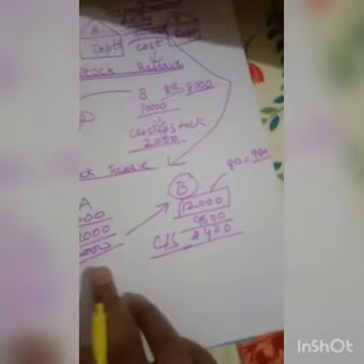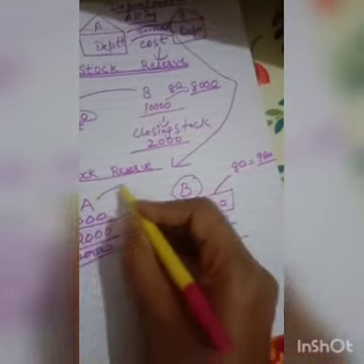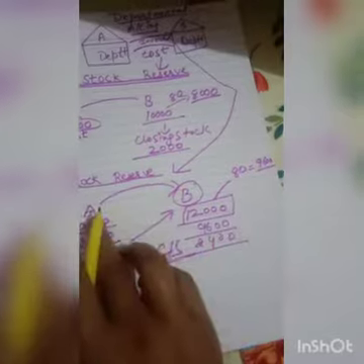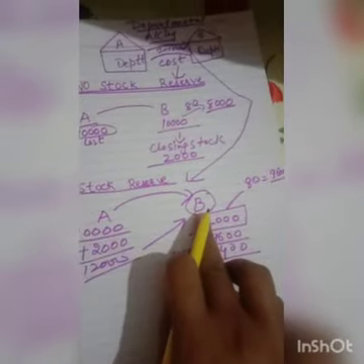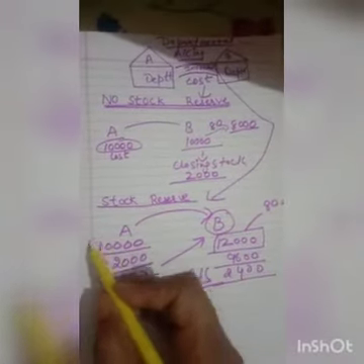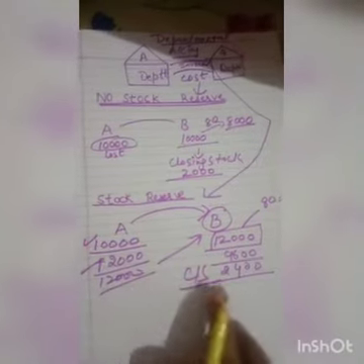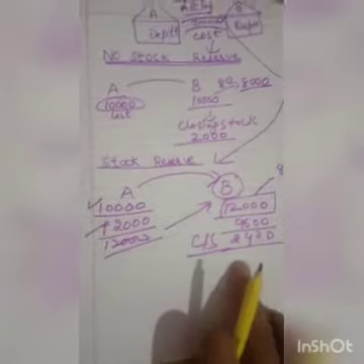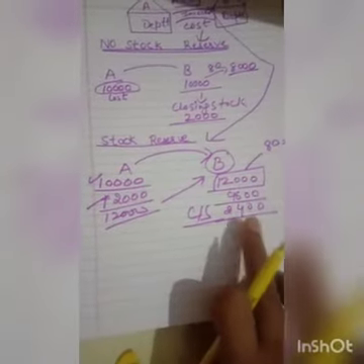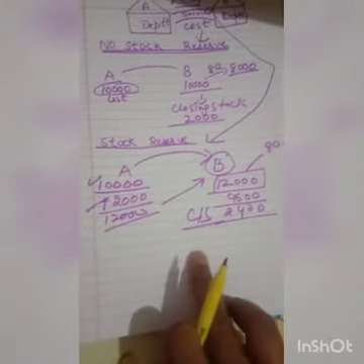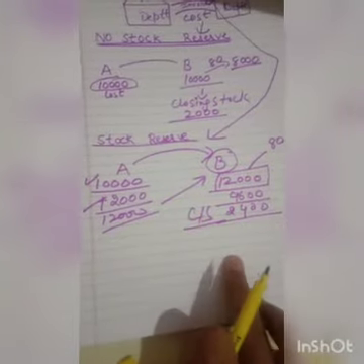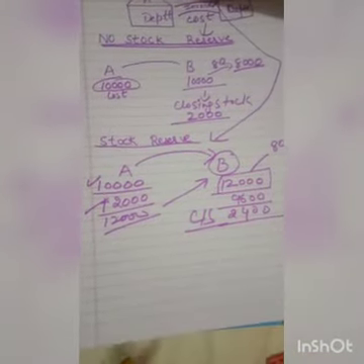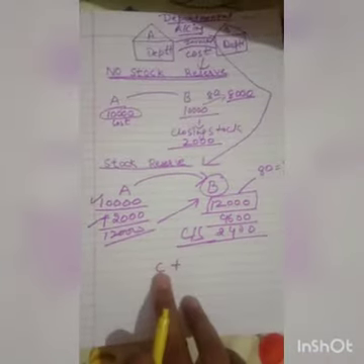But if you see here, when there is a transfer from department A to department B, the value or the cost has been increased. So there is a hidden profit here that we have to identify. This is also called unrealized profit. Now we are going to calculate it. How to calculate it? Firstly, I am going to tell the formula, then we do that. How to calculate stock reserve.